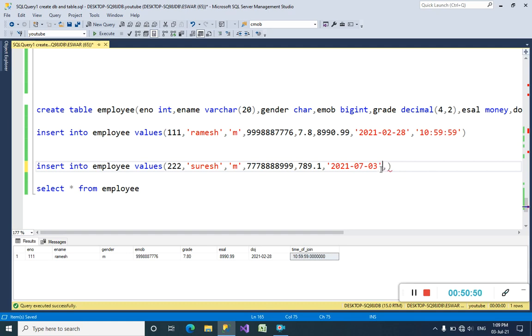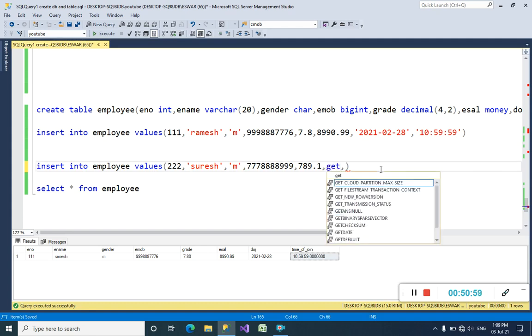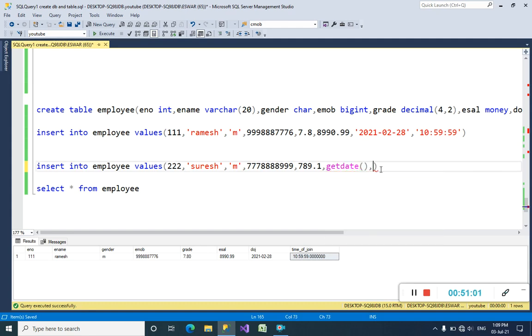But when we don't want to write the whole structure, we can use the getDate function here. When you write the getDate function, the SQL Server will automatically bring the date and insert it here.